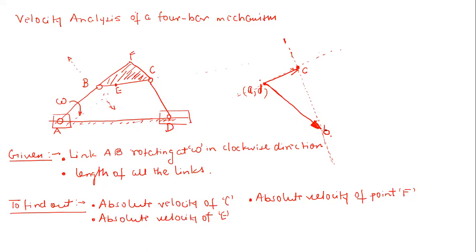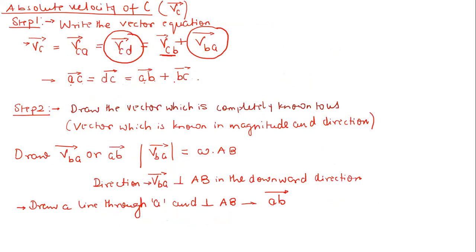And now you can see we can even find out the velocity of point C with respect to B as well, right? So just draw this vector also completely now. So now this is done. This is complete. So now we know all the vectors, that is velocity of C with respect to D, velocity of C with respect to B. Every vector is known to us, right?